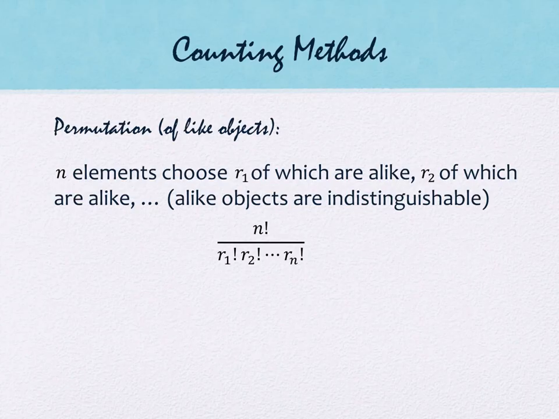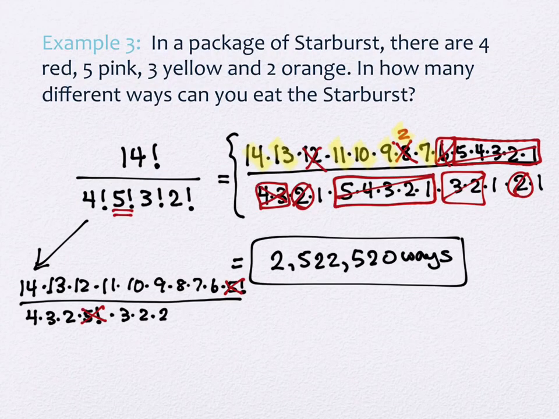And I mentioned last time that I would give you some other examples of things that are like this that aren't food. We can do lots of examples with candies. I mean, that's fine, and it's a good example, but that's not the only thing that applies to this. An example of doing things with permutations of like objects has to do with how the Olympics are run